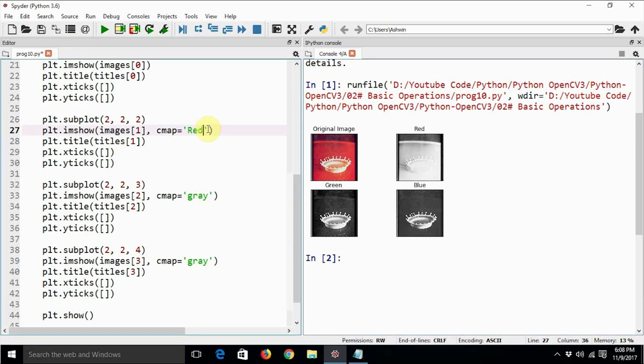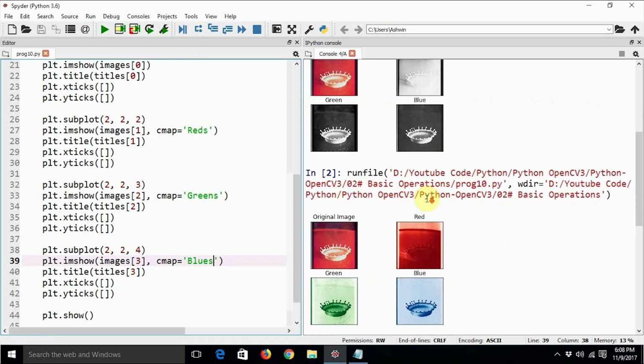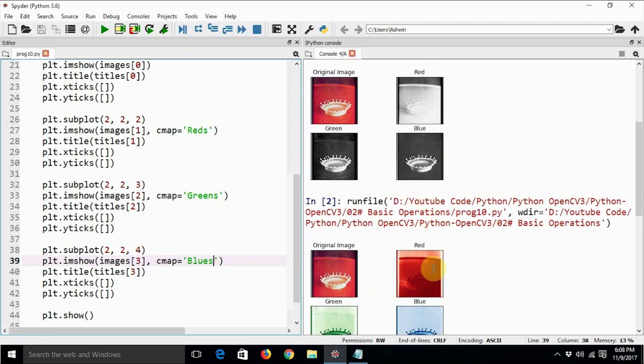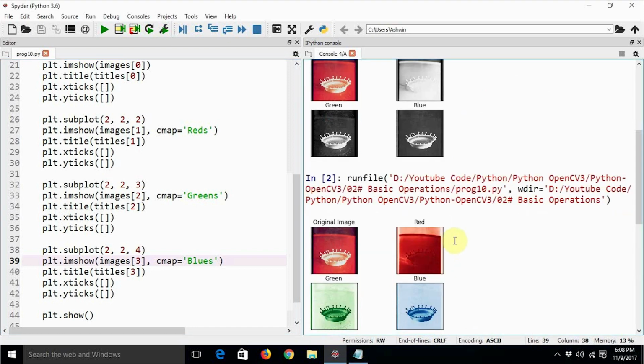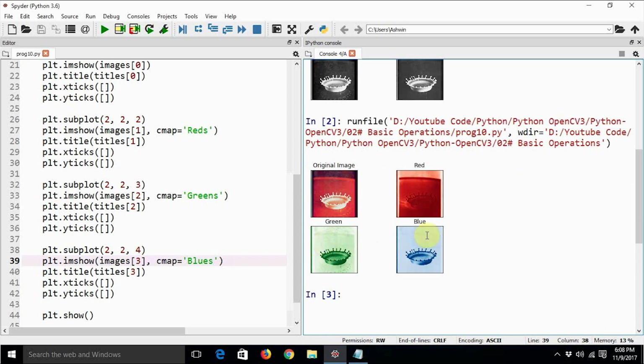So in case you actually want some fancier output, we can just replace this grayscale color map with the respective shades. So red, and then greens, which is going to paint them with the shades of green, and finally blues. It will look very good and candy to our eyes, but it won't be a very faithful representation of the color channels. Okay, so this is the red tinted value of the red channel, this is the green tinted value of the green channel, and this is the blue tinted value of the blue channel.